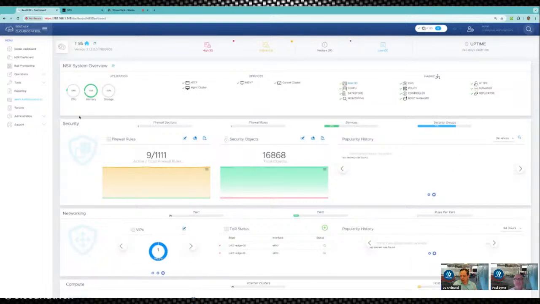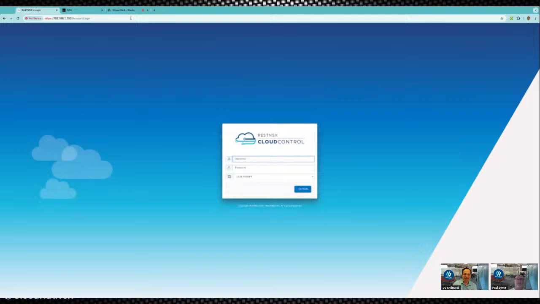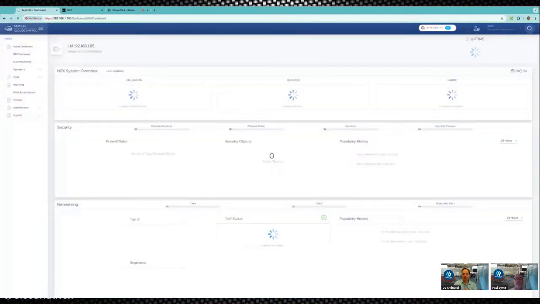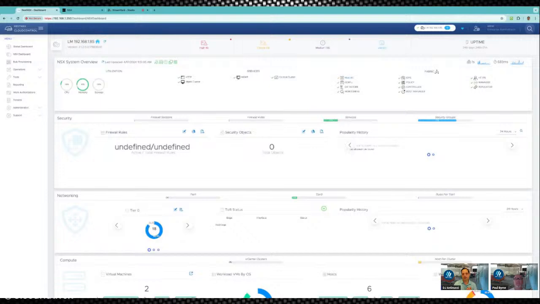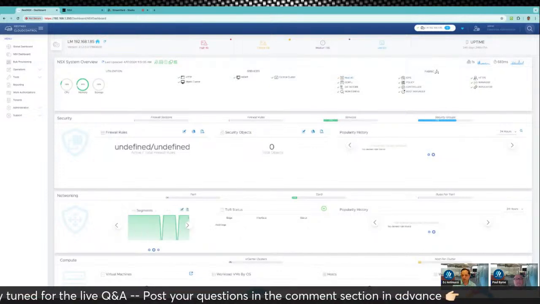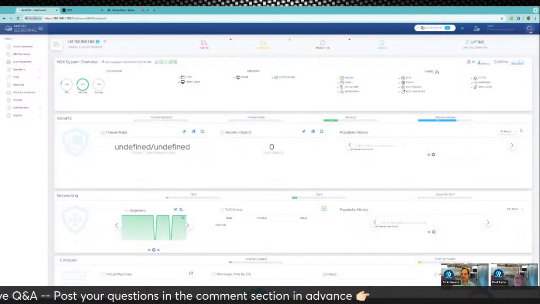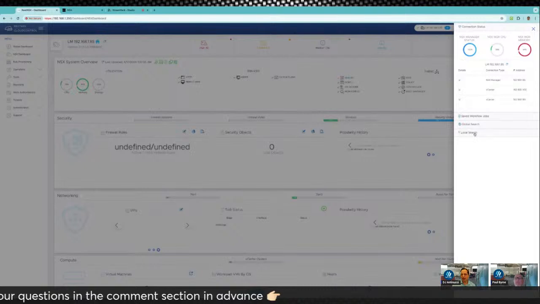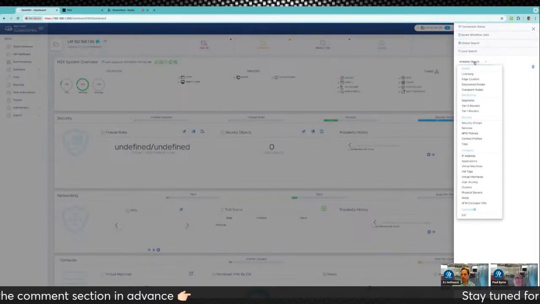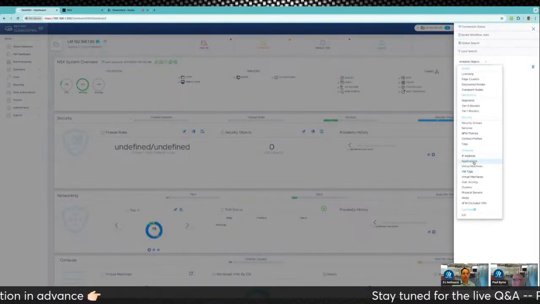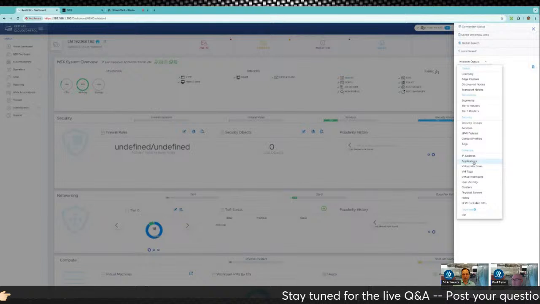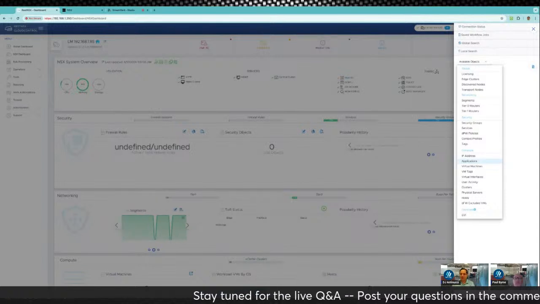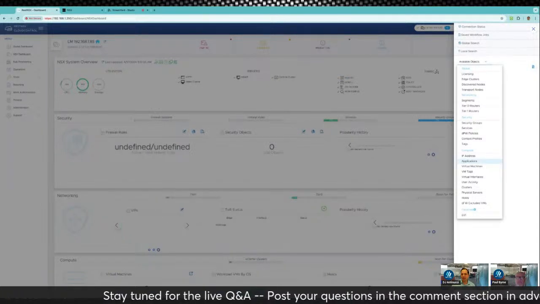The next thing that I'm going to do is log into another instance of our cloud pods, because I have more data on this other one, and I want to show you a few new capabilities that we've developed within our application. The first one is under this query toolbar, which we were looking at earlier. We can now search for things like applications within our environment. So I can search for virtual machines, tags, and IP addresses like I can do in NSX, but we can also